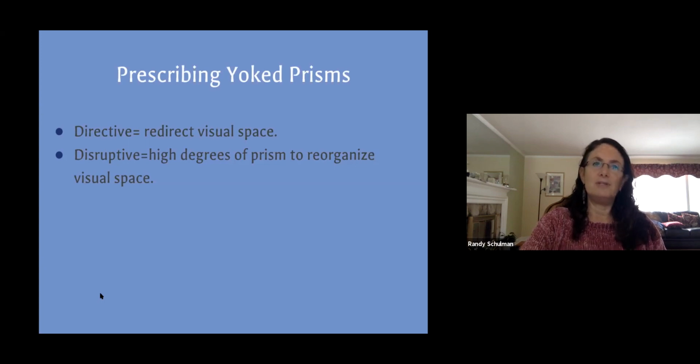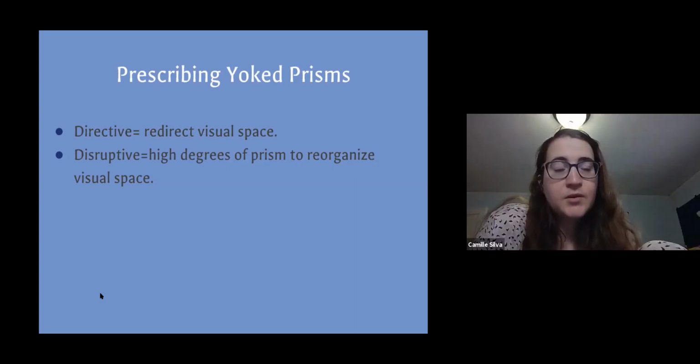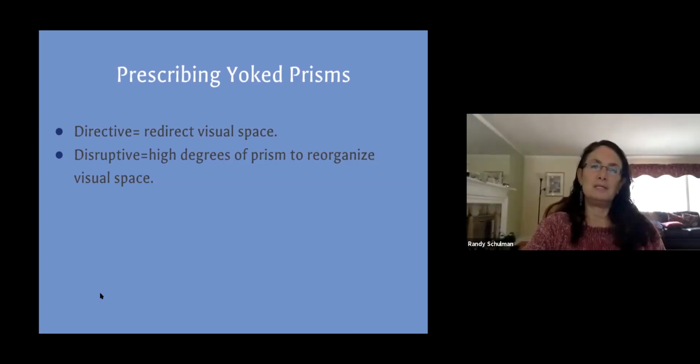But she's coming for vision therapy, so I told her we have about 3 or 4 weeks till her next progress evaluation. I said, let's do 3 or 4 weeks of using the yoked prisms right and left and see what we come up with. And then as far as the base down and base up,